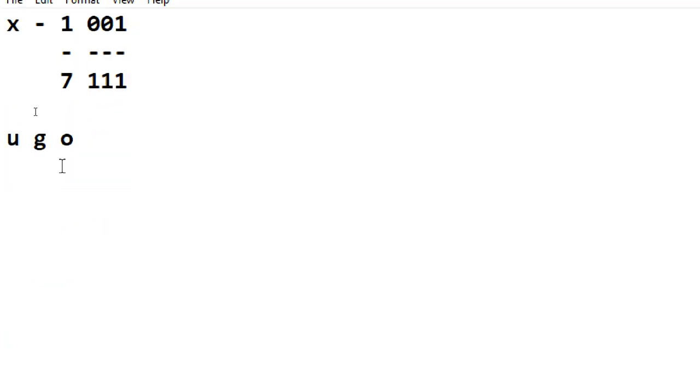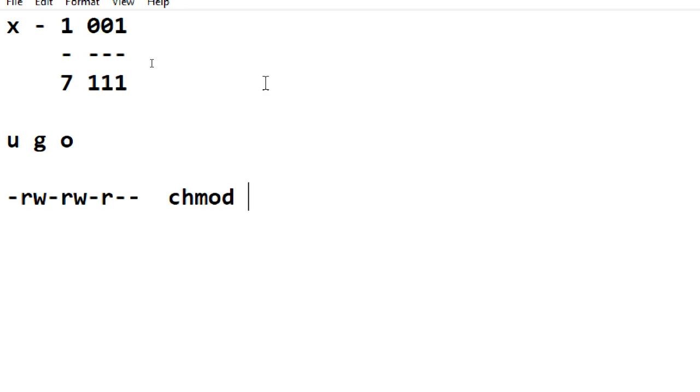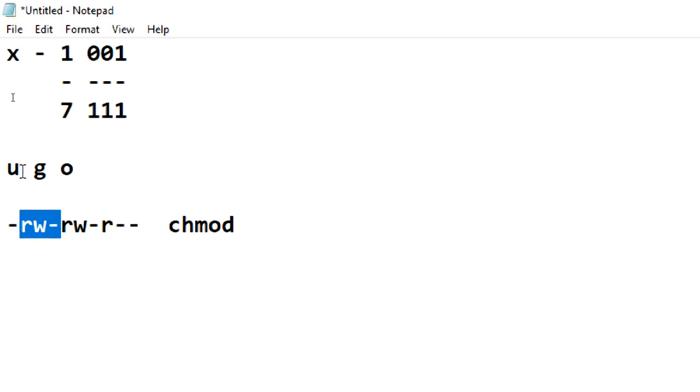For example, I have a certain permission on a file, and I want to get this permission. Whatever the previous permission is, we don't mind now. The task is user will get read write permission, group will get read write permission, others get read permission only. Same command chmod only. If you want this permission on a particular file, what to do? Chmod, and rw. First one is user wise rw, right?